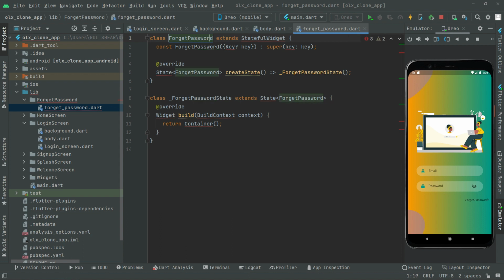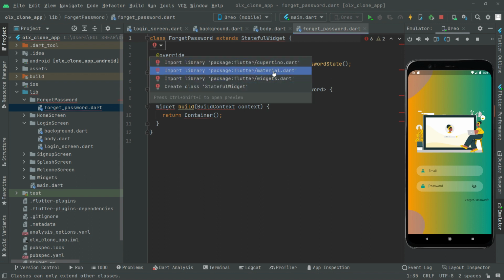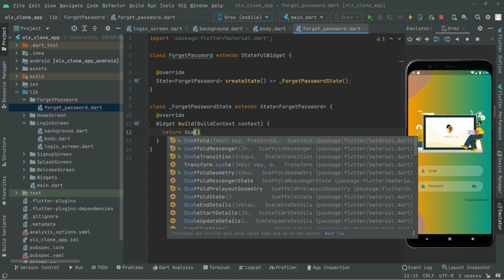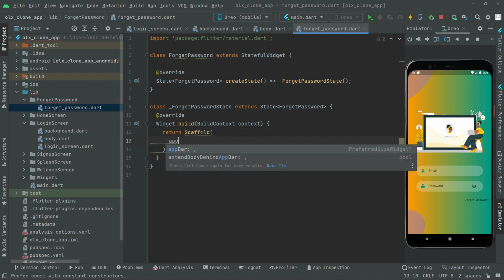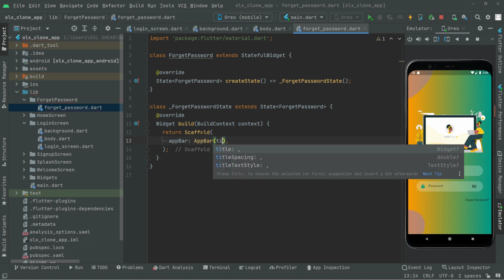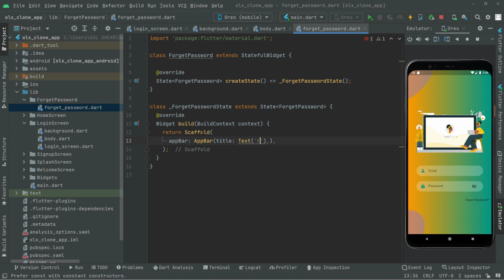All is good. Remove that from here, click in here, add the library material dot. From now on in here we will have a scaffold. For testing purposes we will just add the app bar. So app bar widget in here, then we will have a title in there. Let's have a text widget, and in the text widget we will say forget password screen,